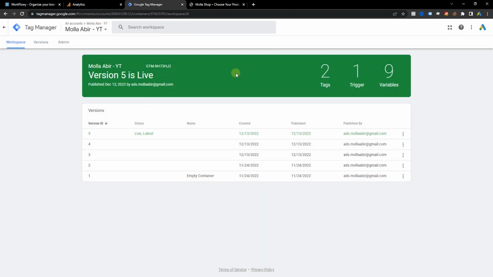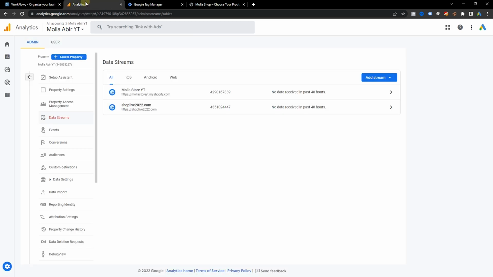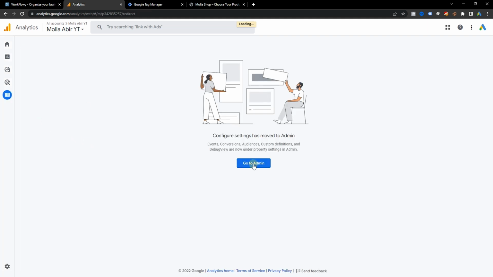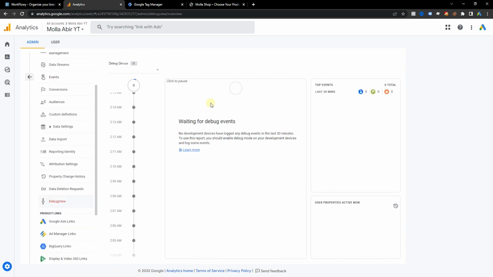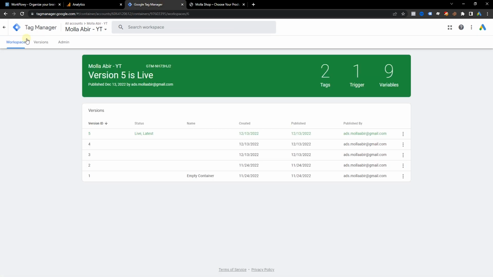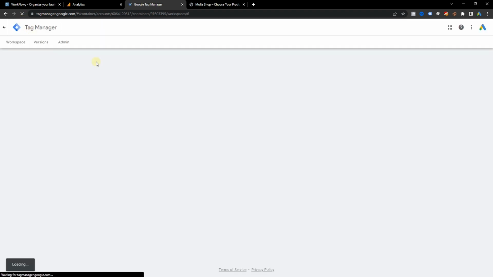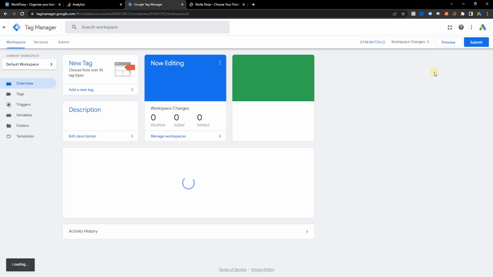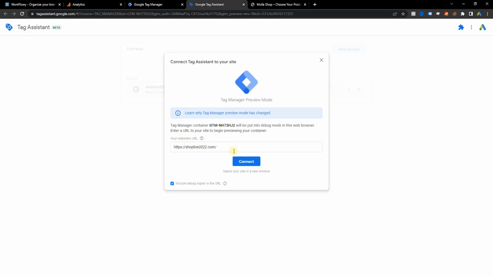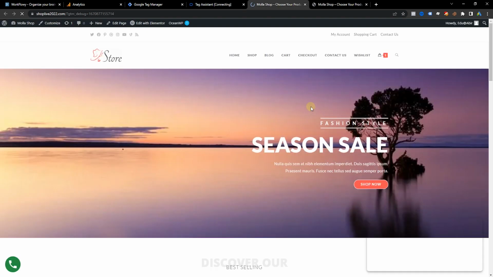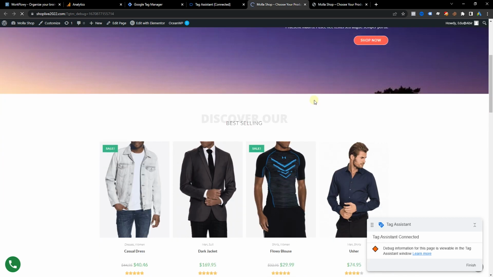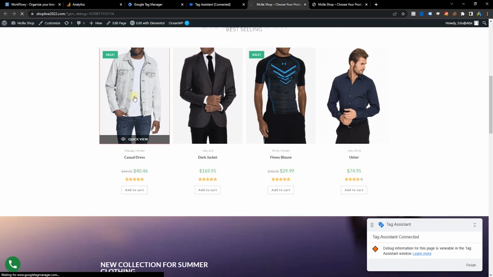Okay, now how can I check? Go to analytics, go to configure. This configure option is moved, go to admin and go to debug view, and now we need to go to reload workspace and reload it. We need to go to preview, enter your website URL, connect, and go to